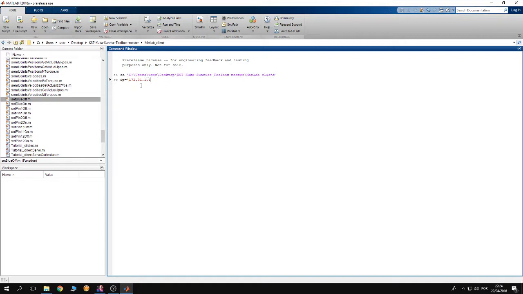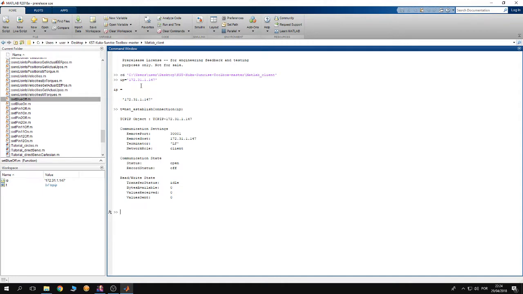Now to get the IP of the robot, please refer to tutorial number 1. So then to establish a connection between the robot and the PC, use the function net establish connection IP, and as you can see I have established a connection between the robot and the PC. You can know this, look at the status, it's open, so the communication is opened